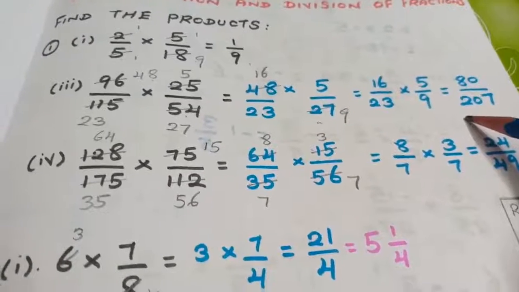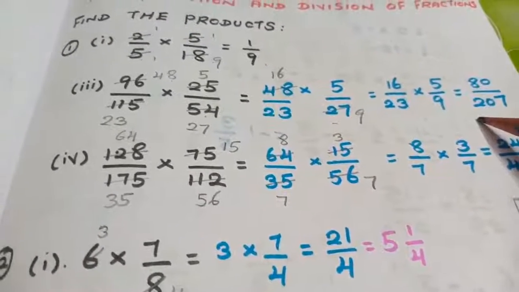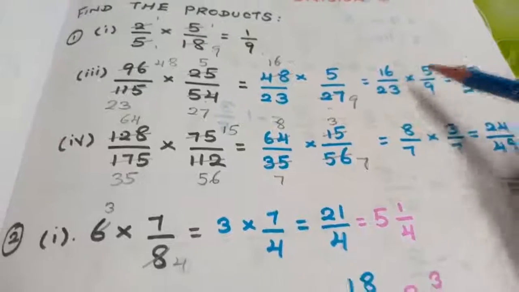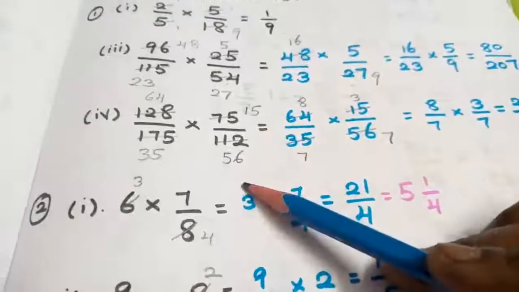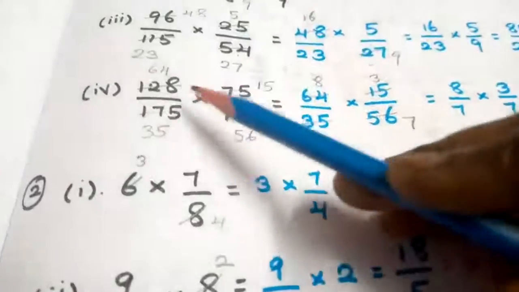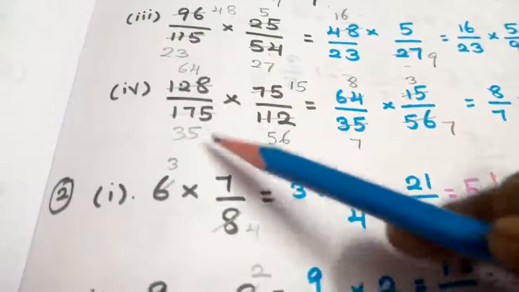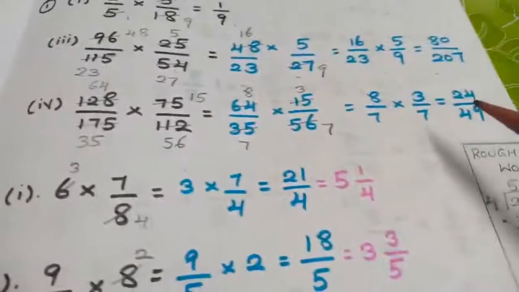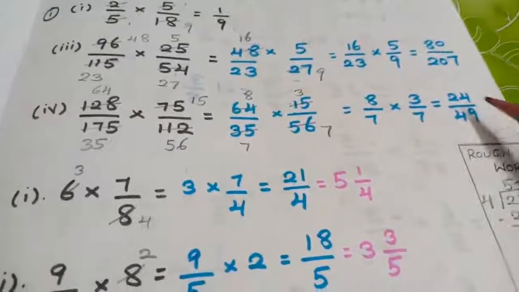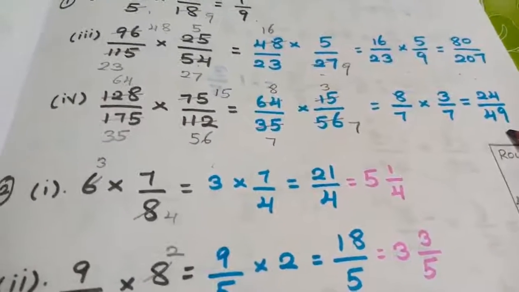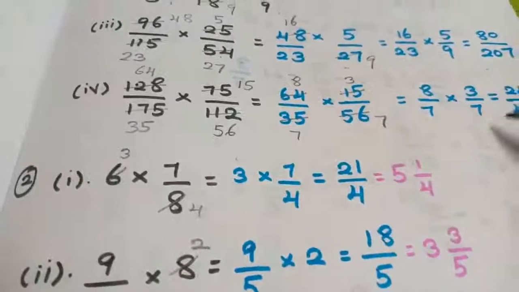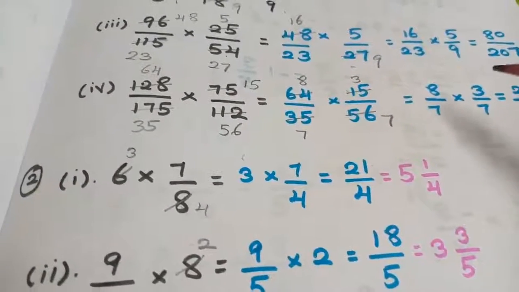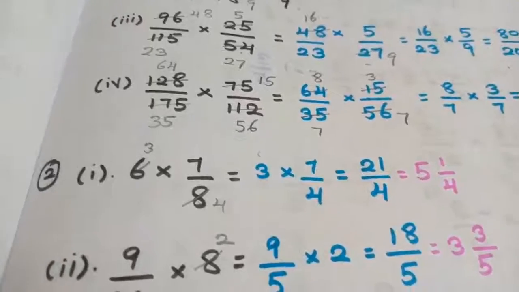So this is a way of doing the calculation. And if you see, this is a way of doing the cancellation method. It's done in this way. In one question itself, you can cancel the terms, simplify, and directly write the answer as 24 by 49. Or if you are going to get confused, do it step by step and then do the calculation.